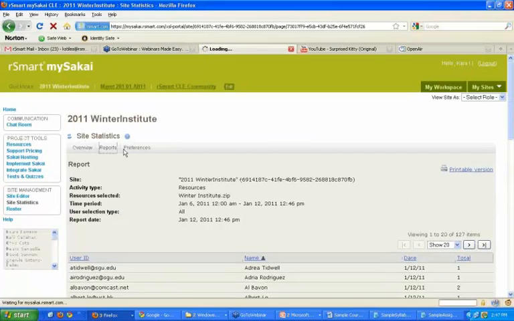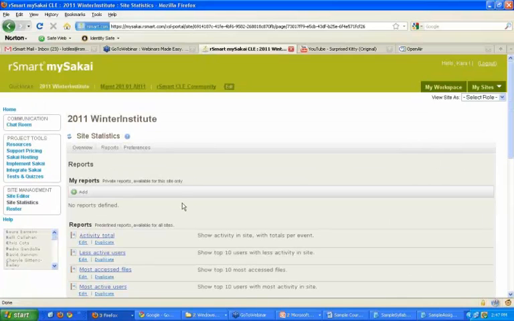I can also run various other types of reports, not only on files, but I can run reports on types of events, like who looked at an assignment and when, and who opened a test, that sort of thing, who visited the course and how many times each person visited the course. I could kind of virtually take attendance. Though, of course, taking online attendance is really kind of hard because somebody could just log in and then leave and go play basketball or something. You don't actually know if they were paying attention or not,